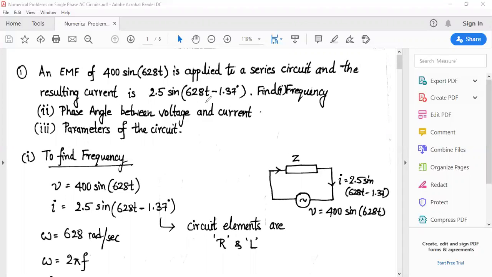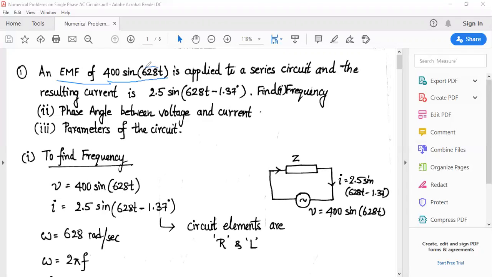Hello everyone. So today we are going to have a numerical problem session on single phase AC circuits. Go through the list of formulae that I have given you in your group and see to it that you follow the list of formulae to each and every circuit that has been separately written, and see to it that you follow this video.